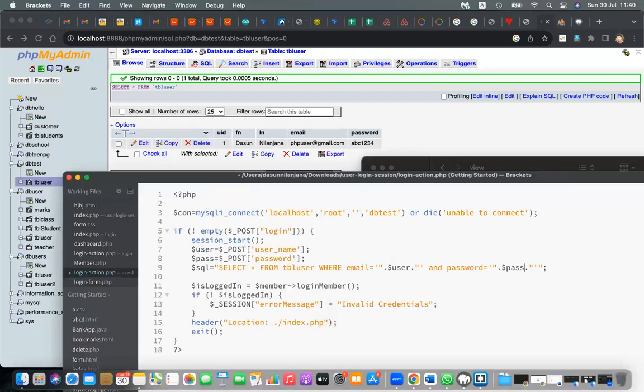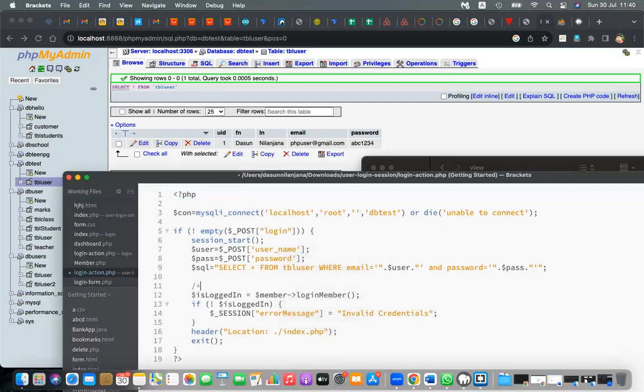Is it clear to you? Yes, sir. Hello? That is clear, but if post login, that means if the login button is pressed,